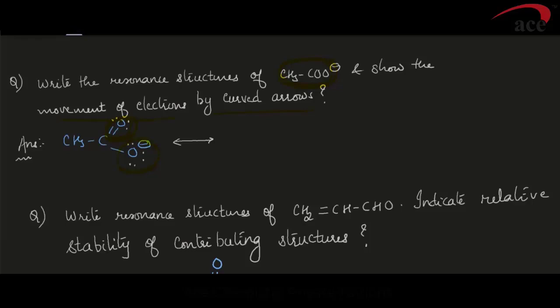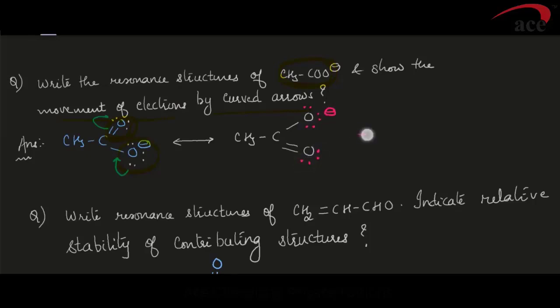What I meant to say is, if you draw this arrow towards this end, this pi bond will get delocalized. So it comes out to be CH3C. Now this oxygen would be single bonded and this would be double bonded, and the negative charge is at this position, and this oxygen will have 2 lone pairs.